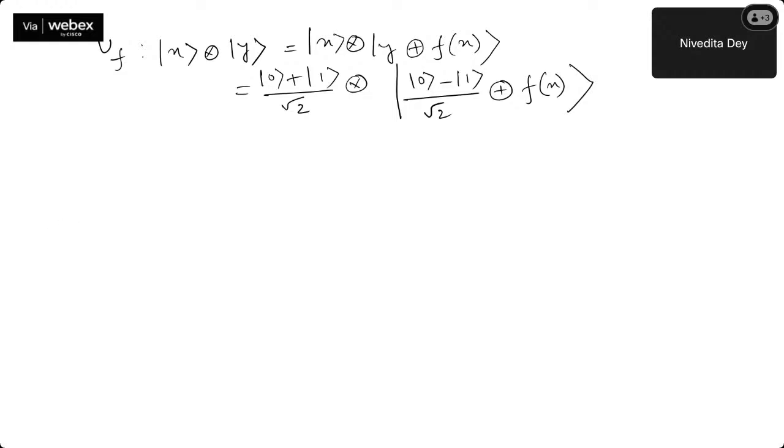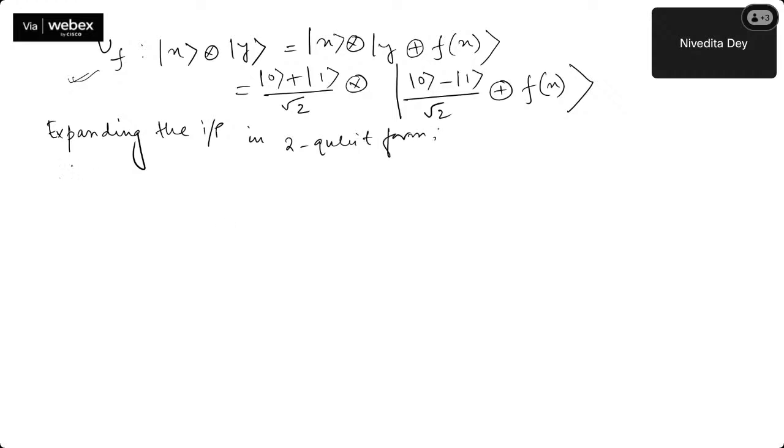Okay. Now, if I expand the input, U is this unitary operator itself. The unitary operator works in this way, which has this input and this output. Okay. So expanding the input in 2-qubit form,